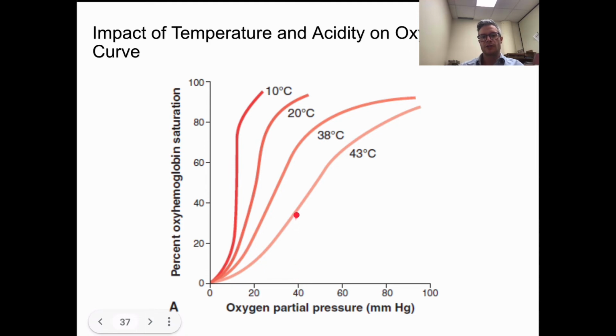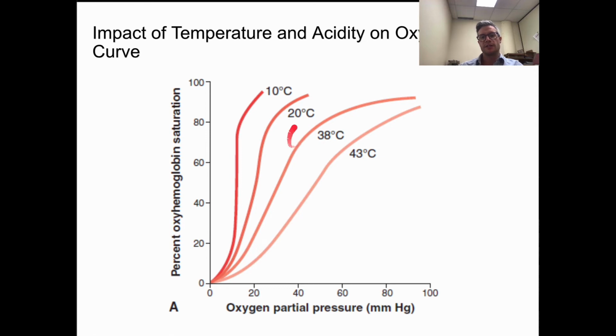With 40 millimeters of mercury partial pressure of oxygen, we see that it has a lower percent of saturation by oxygen here relative to that same partial pressure of oxygen, 40, at a more normal state, which gives us about 70 or 75% saturation. So again, I'm going to say that one more time for you. At the same 40 millimeters of mercury, if we have a shift to the right, we have a lower amount of saturation of hemoglobin with oxygen loaded up. So it's less oxygen loaded, okay,